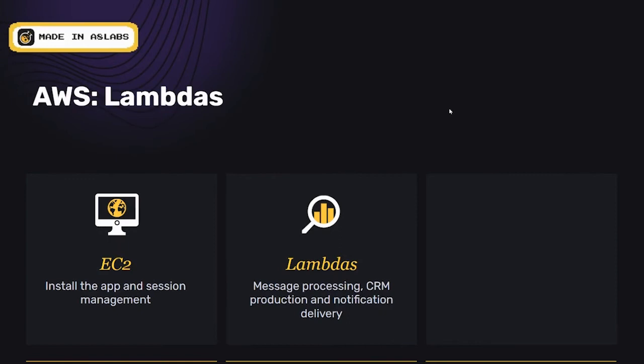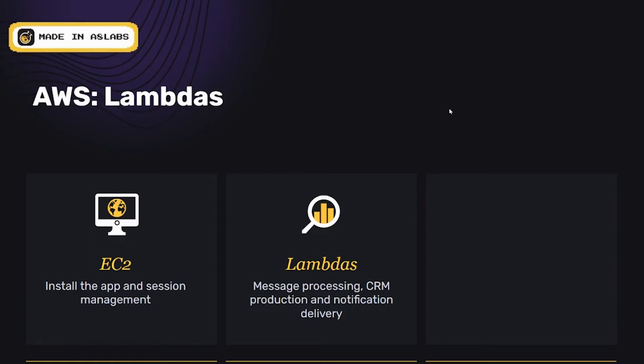Some of the other parts that we use, even though this is called AWS Lambdas, there are two actual parts that are also part of this demo that we use ourselves, which are EC2 instances and Lambdas. We use an EC2 instance here. For people who don't know, the easiest way to think about an EC2 instance is a virtual private server that you can spin up and spin down whenever you want. Most cloud providers pretty much only charge you for the time it is actually up and running, and it allows a lot of flexibility. You can have multiple EC2s.